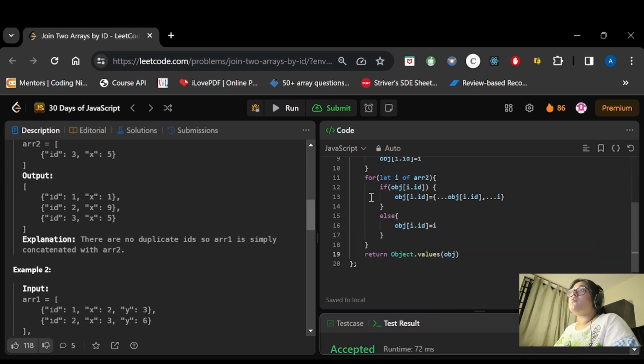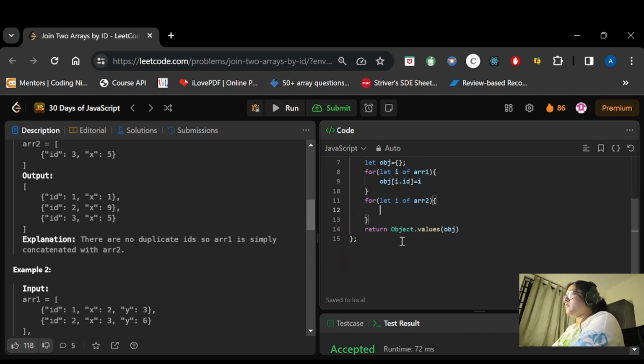Now I will try to execute this using a ternary operator. In obj[I.id], I have to check the condition. If obj[I.id] is existing, then I will create a spread operator.